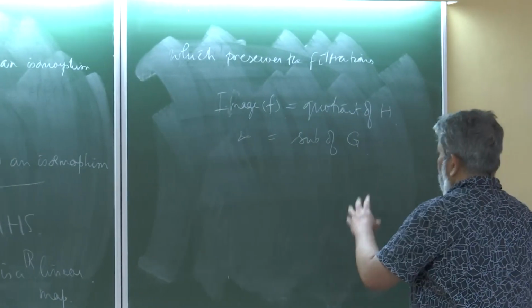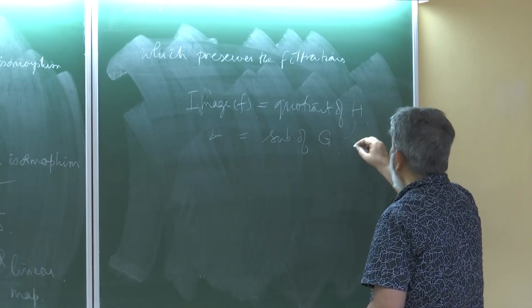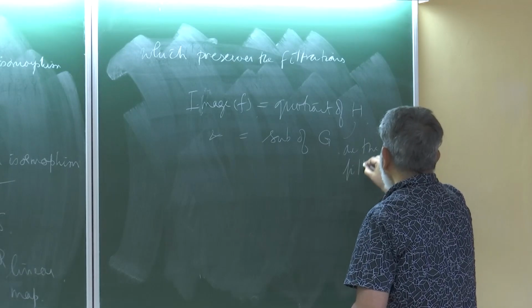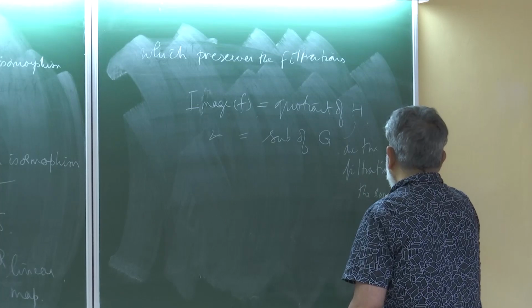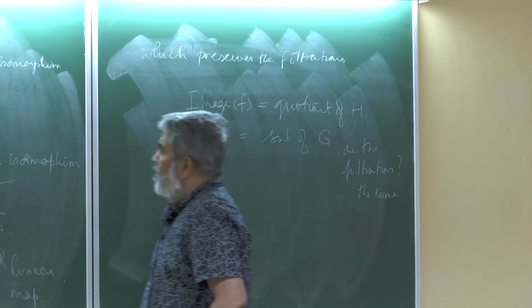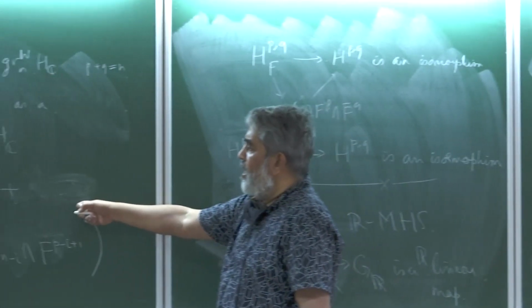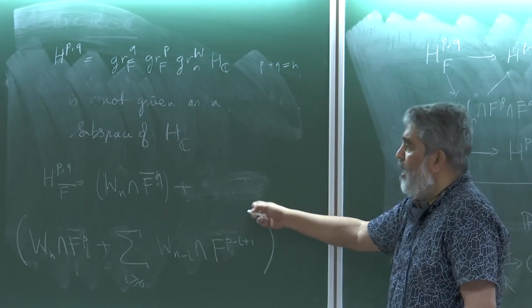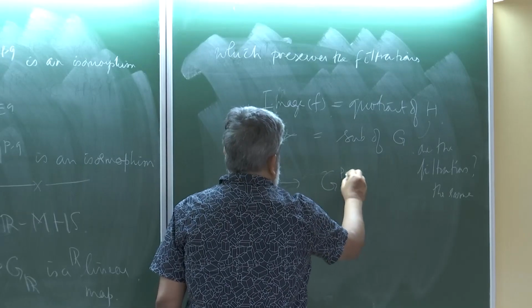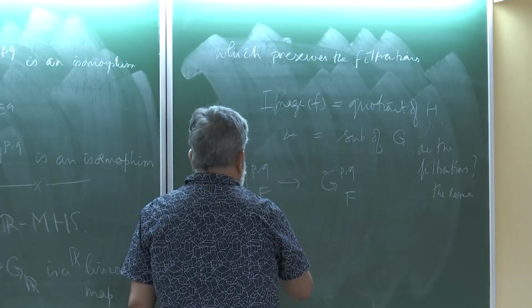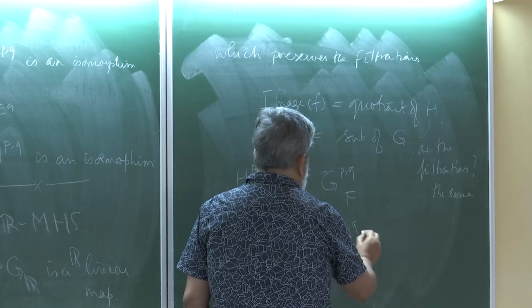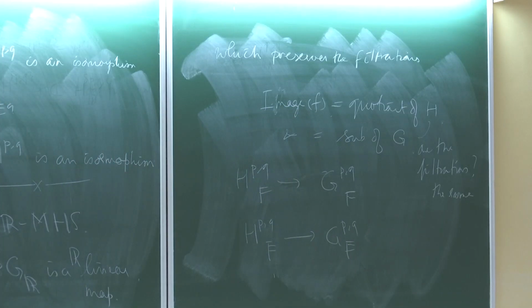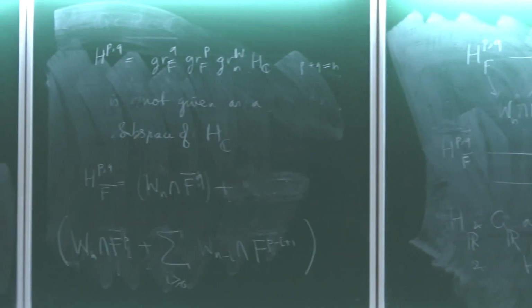So the problem is to see that the filtrations are the same. Now, because of this definition, and since the linear map preserves the filtration, it's clear that H^{p,q} goes to G^{p,q}, and similarly H^{p,q} bar goes to G^{p,q} bar. So that's the idea of seeing that in some sense the filtration is preserved, because you prove some identity using this isomorphism. You just lift it and check that